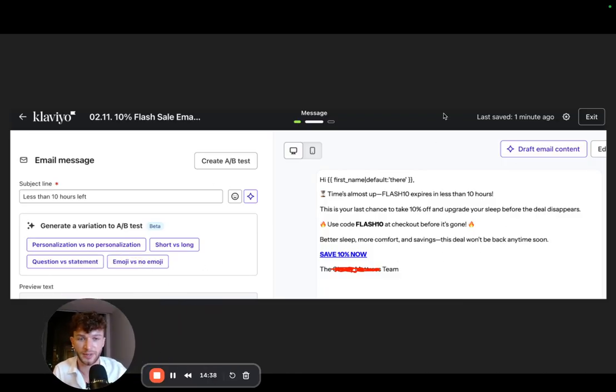This is another good email. Okay, just one call to action button, but still it's very clear where I want you to go. Maybe one way to improve this could have been save 10% now. Like, that time is almost blah, blah, blah, blah, blah. After this sentence, save 10% now. And then this bit, the coupon code, okay, great, fantastic. Short subject line